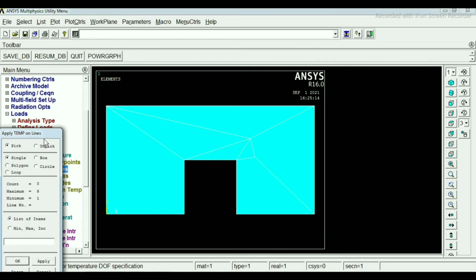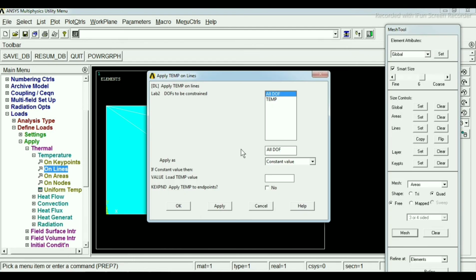Now we have to select the lines from where the temperature is passing. So we select this side and this side, then click on OK. Now enter the temperature value, that is 300 degrees Celsius, and click on OK.